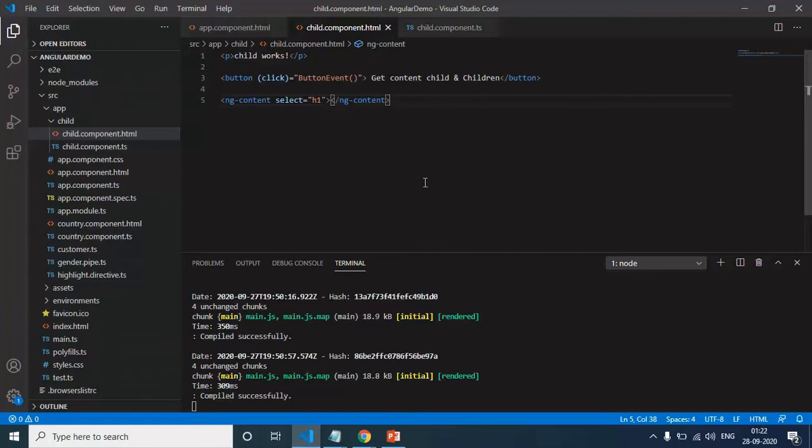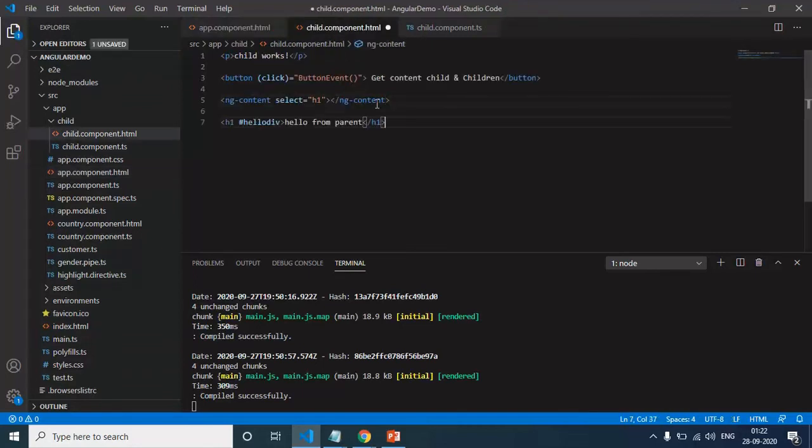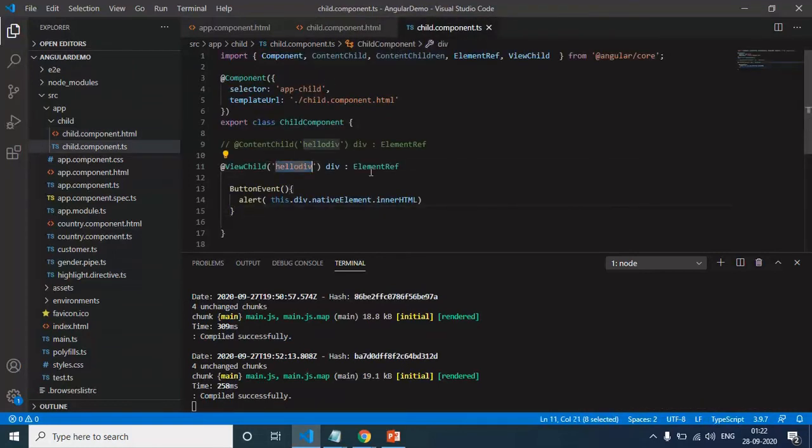That is the difference. If we have any element directly here, like let me say, if this element is directly here, right? This is directly on the page, and let me modify this name like 1, 2, 3. Now you can access it using ViewChild. Let me put this one here. Save the changes and flip to browser.